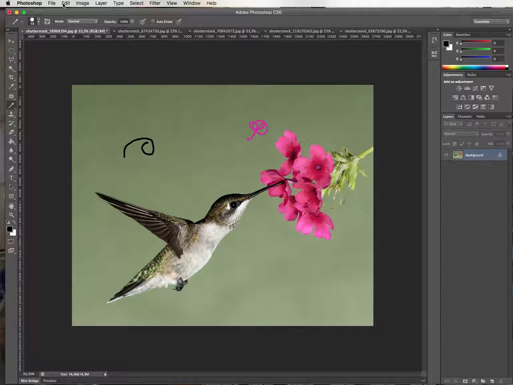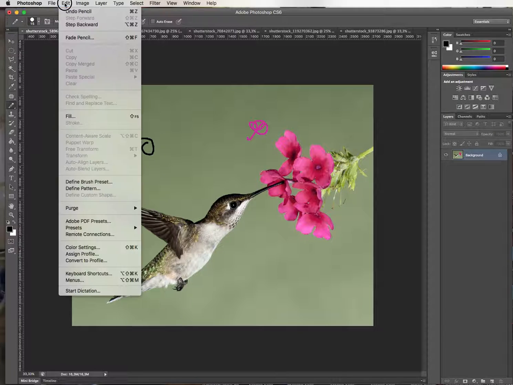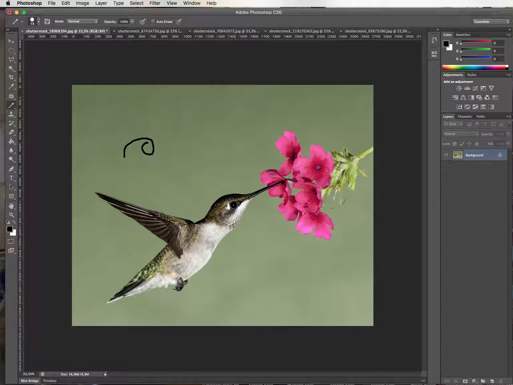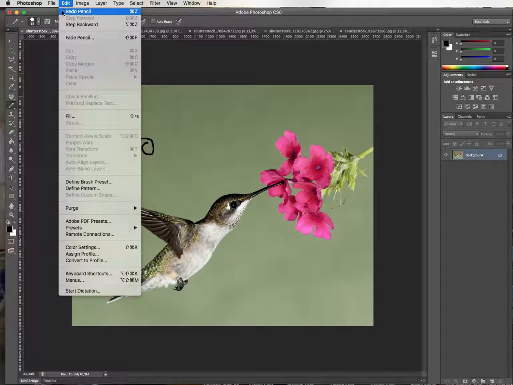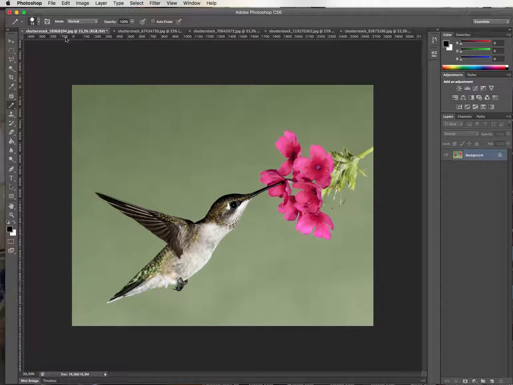Another option, if you haven't made too many steps, you can go to the edit menu and you can undo. So undo pencil removed my last act on this picture. I'm going to go again, and now if I change my mind I can redo it, but if I also want to undo my previous step, I'm going to click step backward, and now I have also removed my black